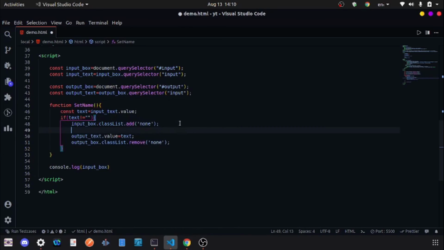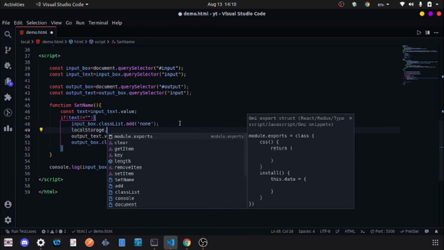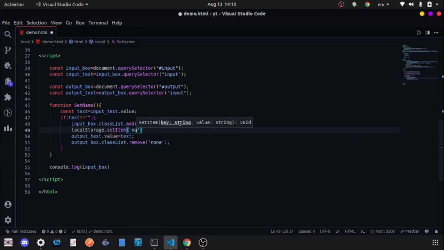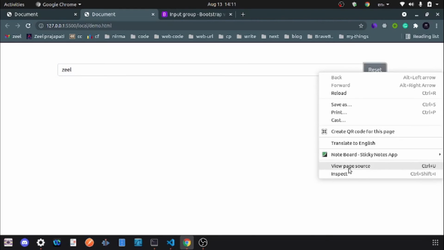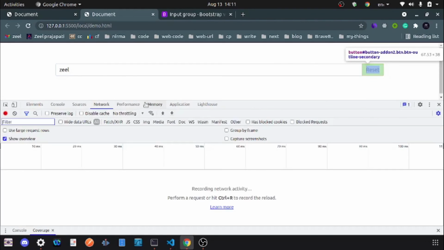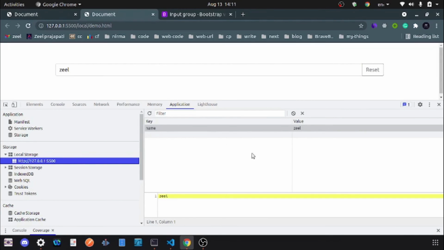Because we are going to do one more thing: just add this text to the local storage. So we can add this with localStorage.setItem. We have to give the key name, and the value will be the text only. If I am entering a name and now go to the local storage in the application tab, you can see one key as name and the value is C. Until my website gives a command in JS to remove this key, or I clear it by JS, it is still in the local storage only.